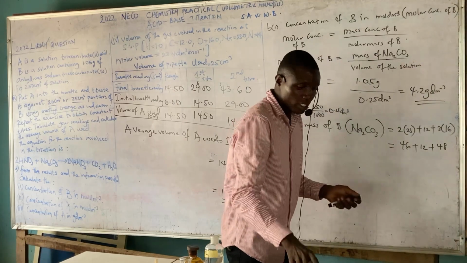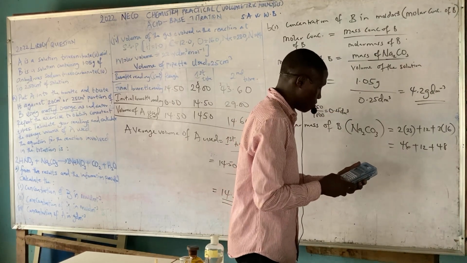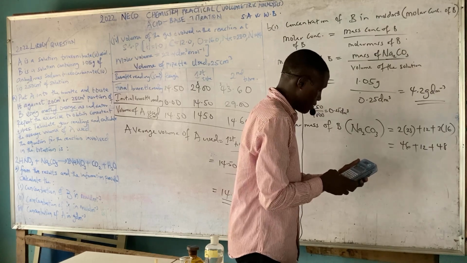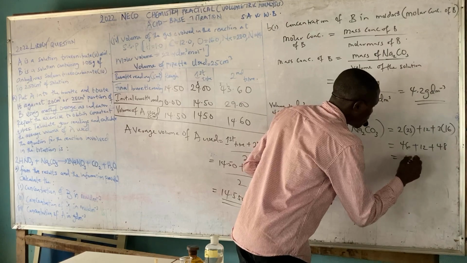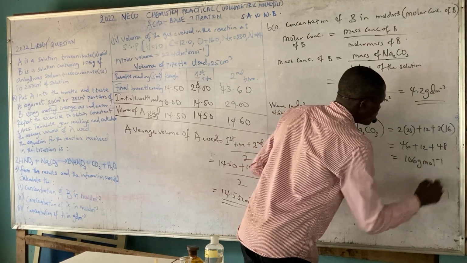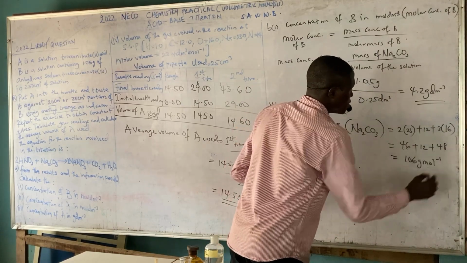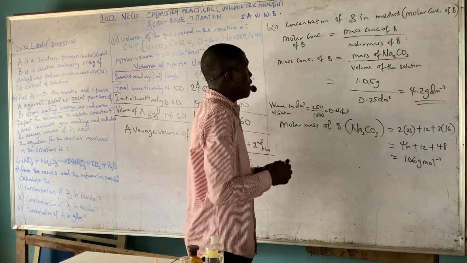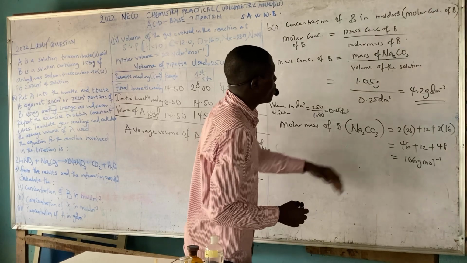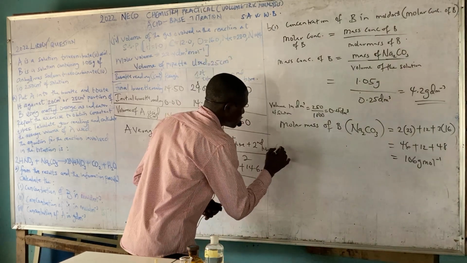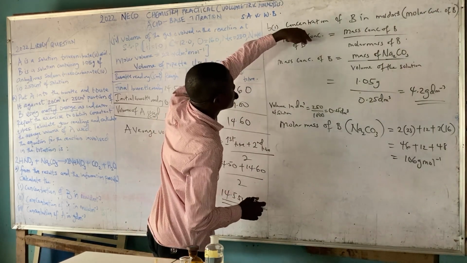So adding this up will give you 106. Okay, let's check. So this is 106 gram per mole. Always remember your unit, gram per mole. So this is the molar mass of Na2CO3. Now with this, we can calculate the concentration of B in mole per dm3,